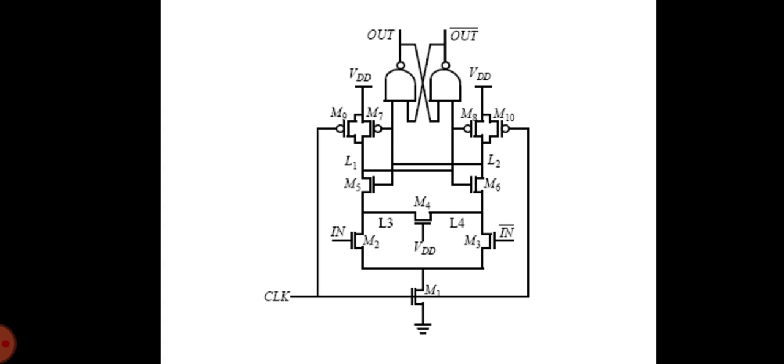The shorting transistor M4 is used to provide a DC leakage path from either node L3 or L4 to ground. This is necessary to accommodate the case in which the inputs change their value after the positive edge of the clock has occurred, resulting in either L3 or L4 being left in a high impedance state with a logical low voltage level stored on the node. Without the leakage path, that node would be susceptible to charging by leakage currents. The latch could then actually change state prior to the next rising edge of the clock, and this is what you can see in this diagram.